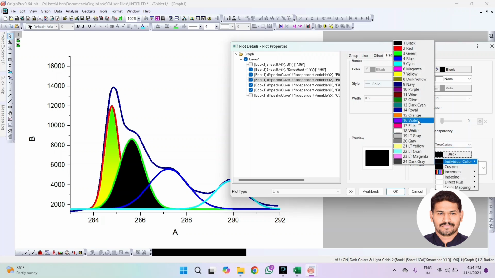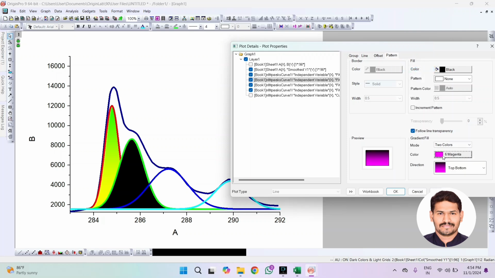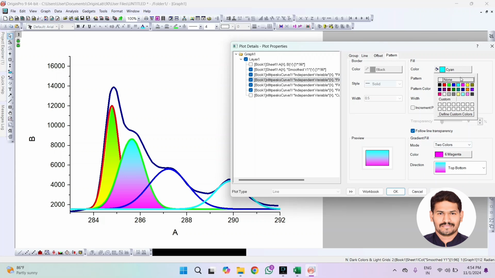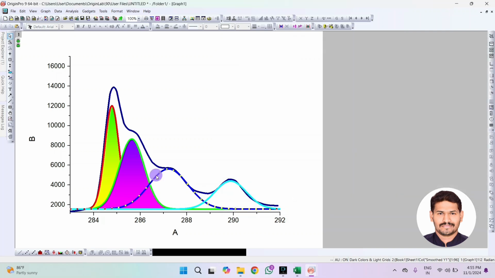For the lower part I am giving pink, and for the upper part I am giving this one. So let me check. Yes, this is also good, but I will change this cyan color to this one. Yes, looking good. Say okay, and now go to the